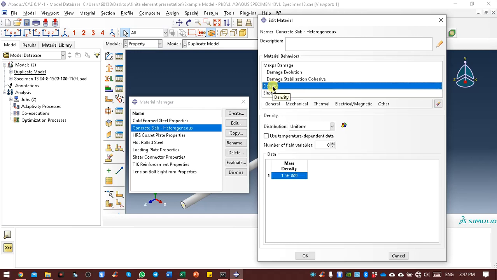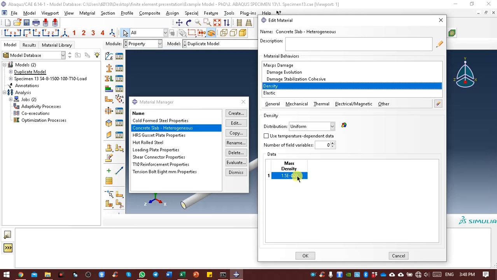For example, for the density I'm using 1500 kilogram per meter cube for the lightweight aggregate concrete. So here you can see 0.009, because in our SI unit we are using kilogram per meter cube, so we need to change into kilogram per millimeter cube. 1 meter is equal to 1000 millimeter, so divide by 1000 millimeter to the power of 3.